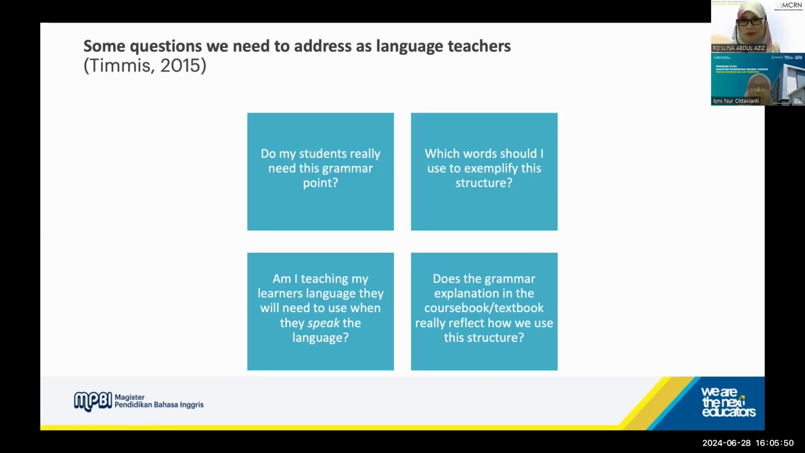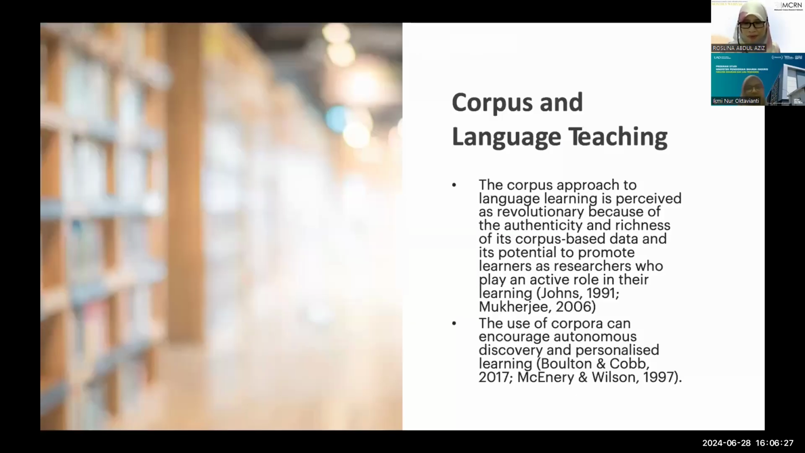And also questions like, does the grammar explanation in the book reflect how we actually use this structure? So we are wondering about authenticity, or whether my students really need this. Let alone in the EFL context, because these are very challenging to do. And with these kinds of questions, corpus, as we all know, can help us overcome them, can be the solution to our difficulties in addressing these issues,